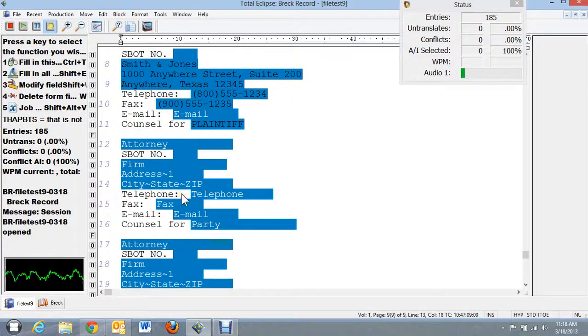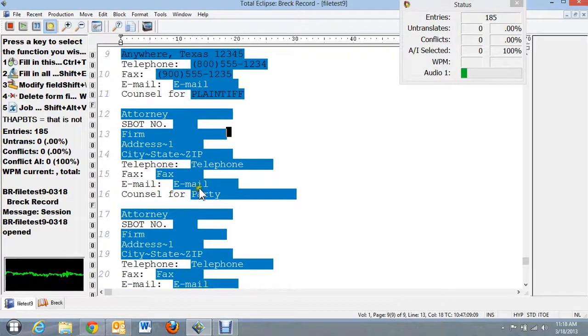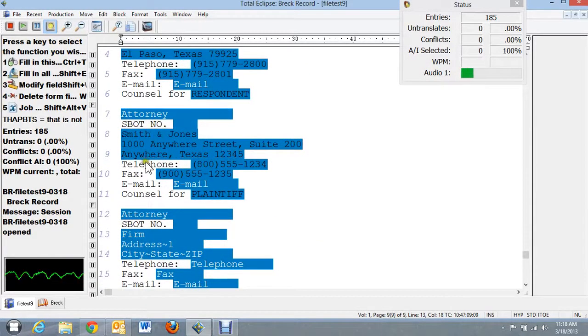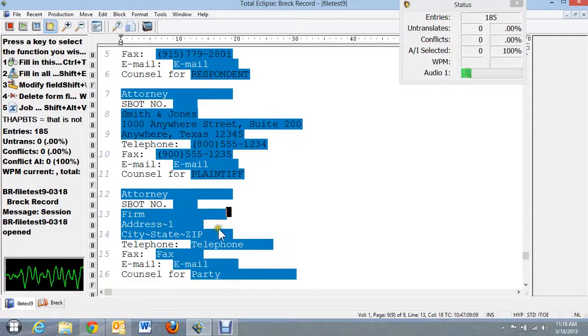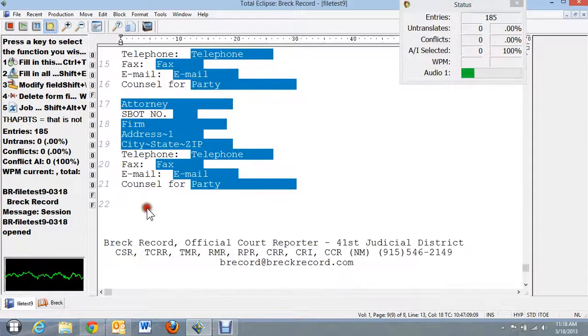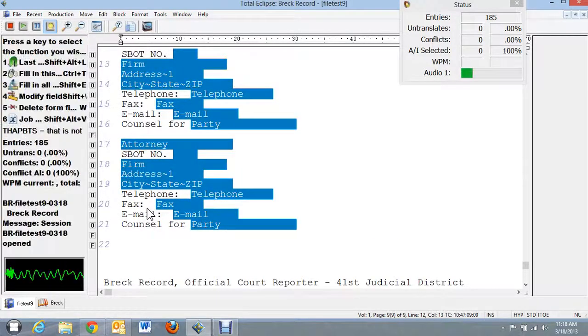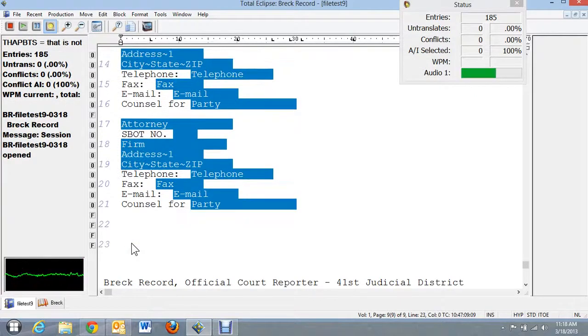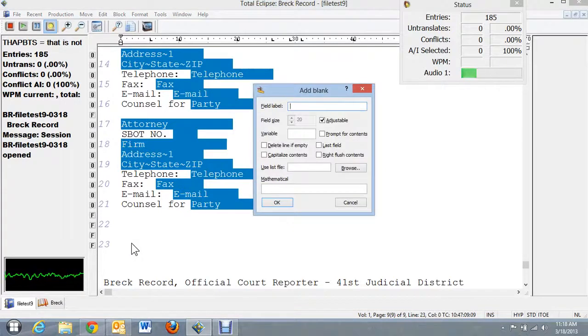And let's see here. What else can we do with this fill in the blanks? This kind of gives you an example of how to use a generic or kind of make your own little setup. And let's do one down here at the end. Let's say that we want to make one right here. Put a couple of blank lines, and we're going to do an add blank. We're going to call it attorney. It's going to be adjustable. We want to prompt for